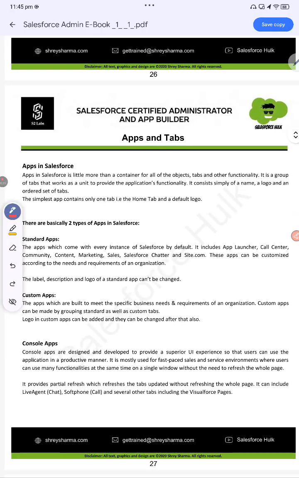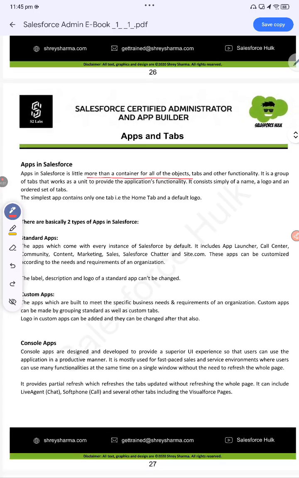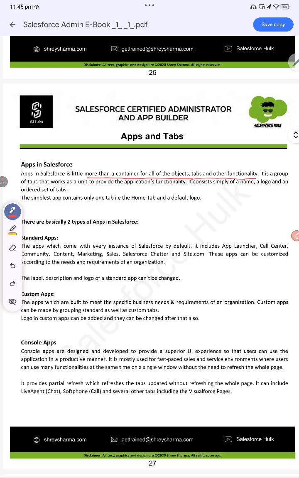Apps in the Salesforce are a little more than containing all the objects, tabs, and other functionality. But what sir has taught us is that the app is a collection of tabs. Whatever is written here indicates that the app is not only containing all those objects and tab functionality, but you can see here it is a group